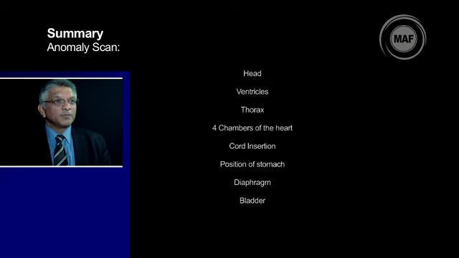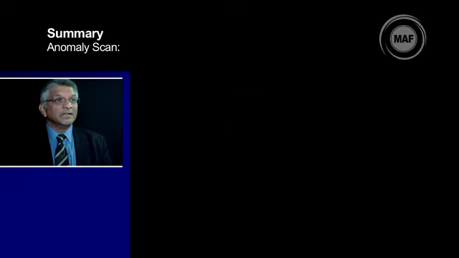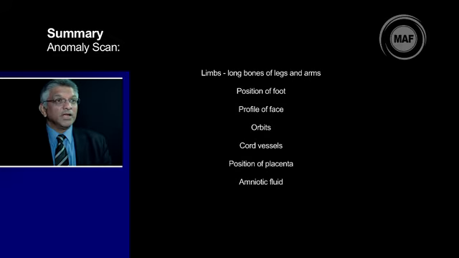To recap, start at the cervix in the longitudinal section for your anomaly scan and work methodically and systematically looking at the head, the ventricles, the thorax, the heart, the four-chamber heart view, the outflow tracts, the cord insertion, position of the stomach, the diaphragm, going down to the bladder, the limbs, position of the foot, looking at all the